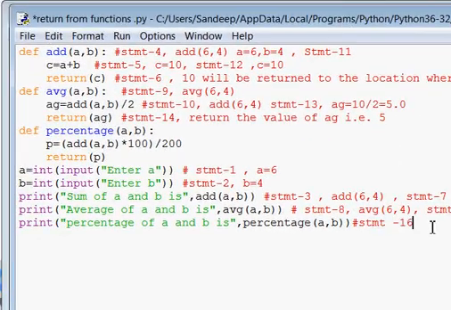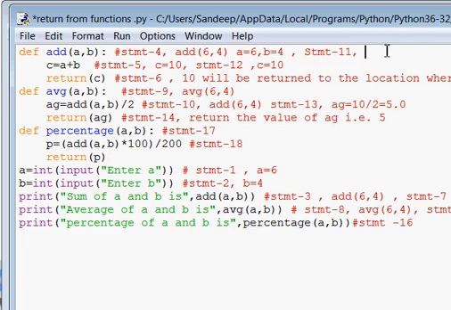Okay, so in this statement again a print statement is given, and we have used a percentage function, means this is again a function calling statement. So your control will be coming to this function, and the statement that will be executing is this, that is statement 17, and again the sequence will be statement 18 and some values. Now what happens again in this statement? The add function is called again here. So after statement 18 your control jumps to this function, the add function. Why? Because you have called this function here.